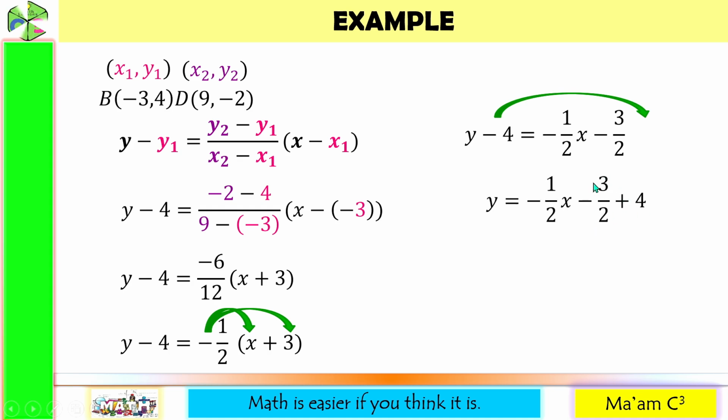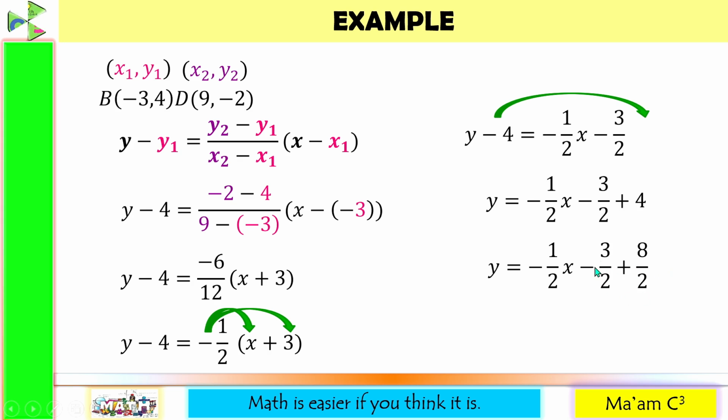Since we have a fraction here, we are going to convert this whole number into a fraction where the denominator is also 2. So there's a technique there. You simply have to multiply them. 2 times 4 is 8. So 4 is equal to 8 over 2. 8 divided by 2 is 4. So you simply change its form, but you did not change its value. We did that because we want to have fractions having the same denominator. Why? Because it is easier to add or subtract fractions that are similar. Negative 3 over 2 plus 8 over 2, same denominator.